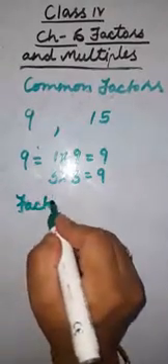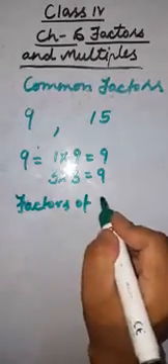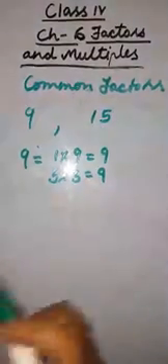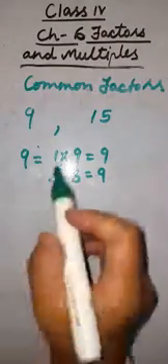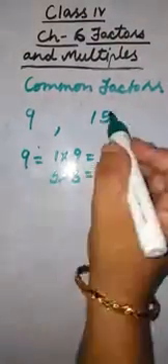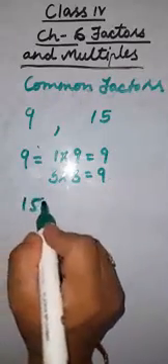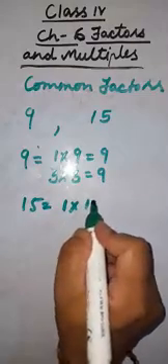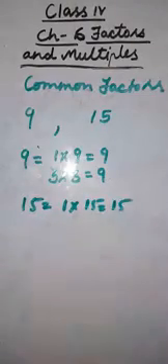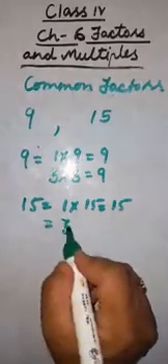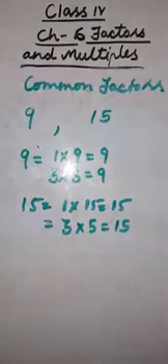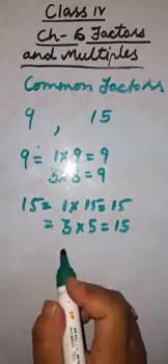Okay, so the factors of 9 we will write here. First we will find out the factors of 15. Then we will write the factors together, right? So here we have another example number, that is 15. So the factors of 15: 1 multiplied by 15 is equal to 15, and then in whose table does 15 come? It does not come in the table of 2. 3 multiplied by 5 is equal to 15. Then 4, no, 5,